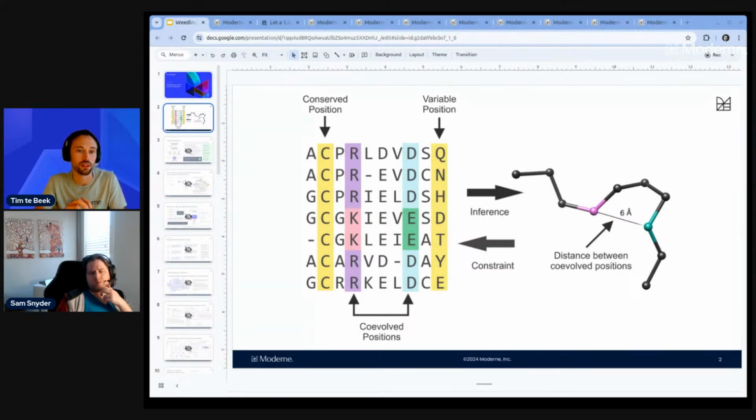Otherwise, things won't fit. The protein won't fold. It won't be able to perform its function as necessary in the body. And that is what we then call a co-evolved position. So it tells you something about how certain elements always relate to each other, and also usually something about adaptation